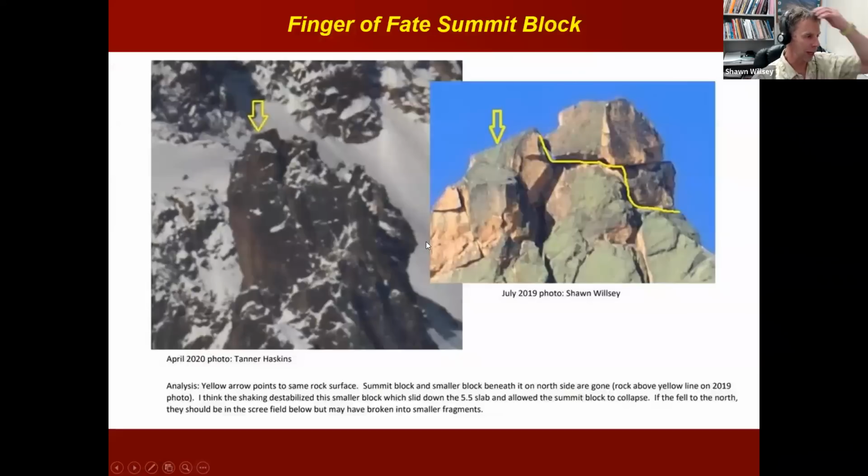And after the earthquake, I actually compared one of my photos that I just showed you with a photo that another Sawtooth guide took, kind of zooming in and driving past the Finger of Fate. And you can see this notch here on the left photo is the same as this ramp and notch. So the two arrows are in pretty much the same spot, but what's missing on the left photo, of course, is that large summit block, which was there in 2019, but by the time the earthquake happened in 2020 was